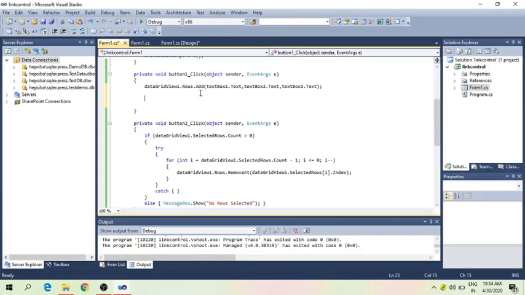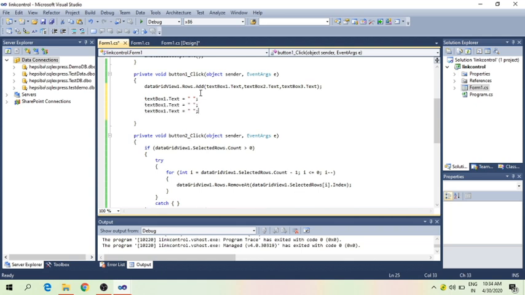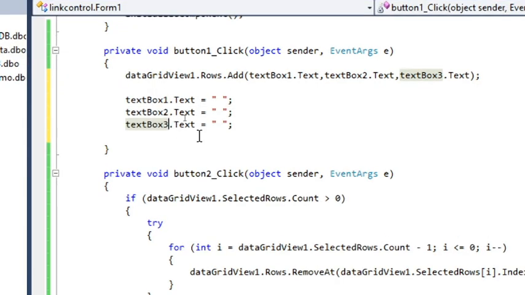The same thing is getting copied. I'll copy it thrice, changing the text box numbers to 2 and 3. Just check this.